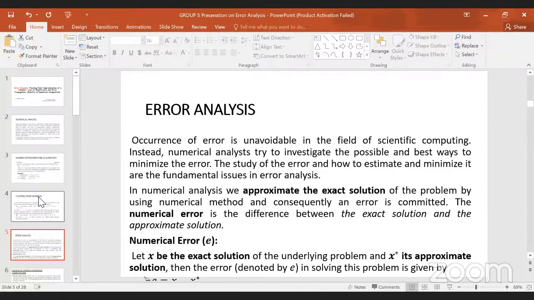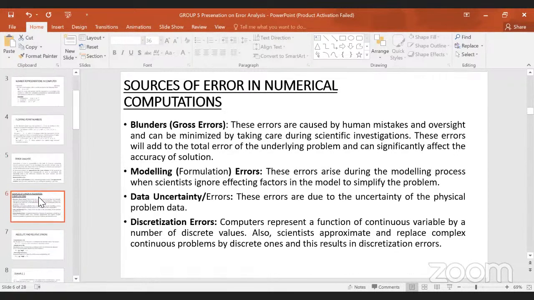So now we are going to look at different errors. We have numerical error, approximation error, and relative error as well. Now, we are looking at numerical error denoted by E. So let X be the exact solution of the underlying problem, and X star its approximate solution. Then our error denoted by E